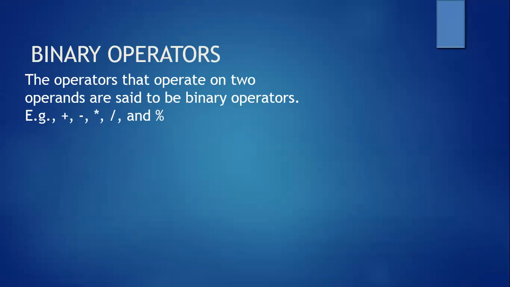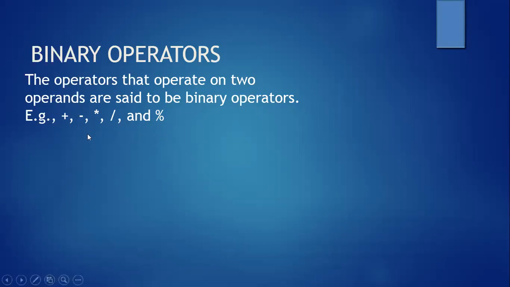You remember why we called unary operators? Because we observed that they were acting on a single operand, plus plus a, or minus minus a, or a minus minus. So they were acting on a single variable, on a single operand. That's why we call them unary. On the similar lines, we say binary. Binary means two. So the operators that operate on two operands or two variables are said to be binary operators.